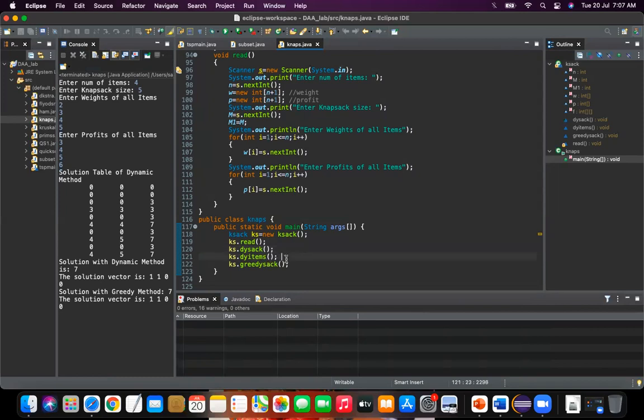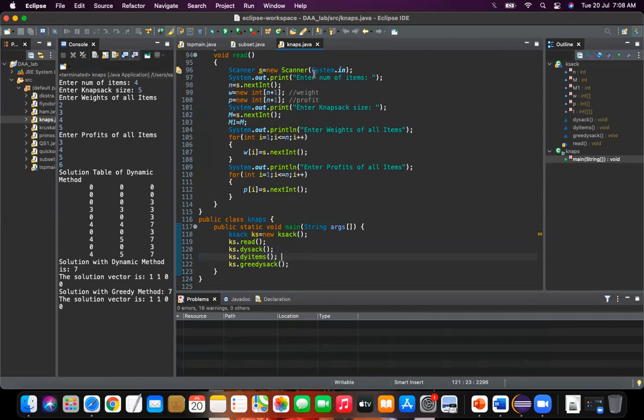These two functions are related to the dynamic method. For the greedy method, only one function, that is greedy sac. We'll be calling the greedy sac function. It will give us the solution using the greedy method. First we shall see the greedy method because it's very simple, and then we shall see the dynamic functions.